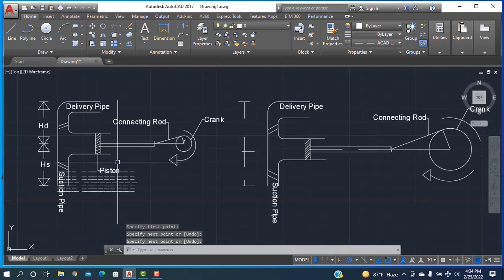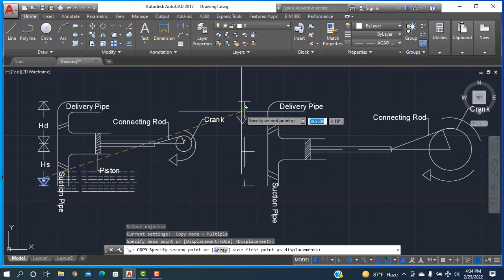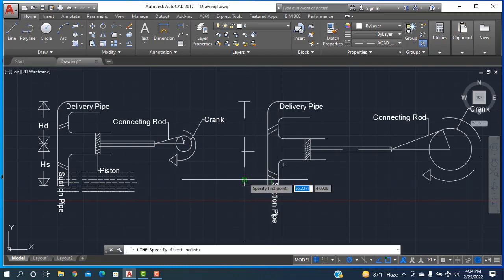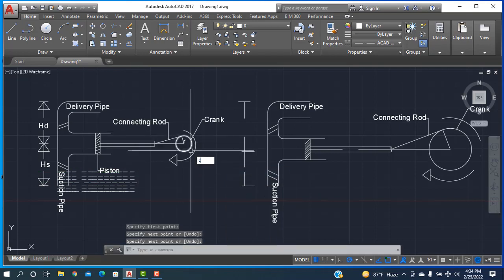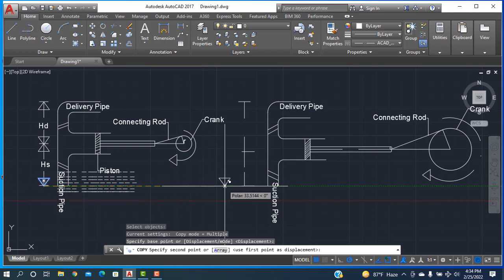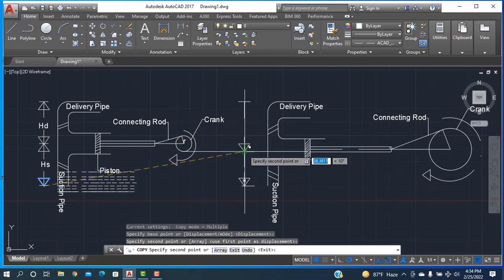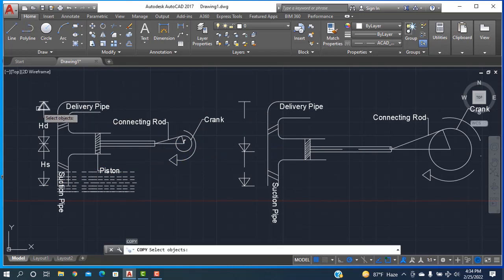Then copy, CO, copy this one, enter, and copy. I'm taking this line, it is larger. Okay, done. Then CO, enter, take here, enter, copy this one up to midpoint and up to here. Reference click, okay. Then again CO, enter, copy, enter,